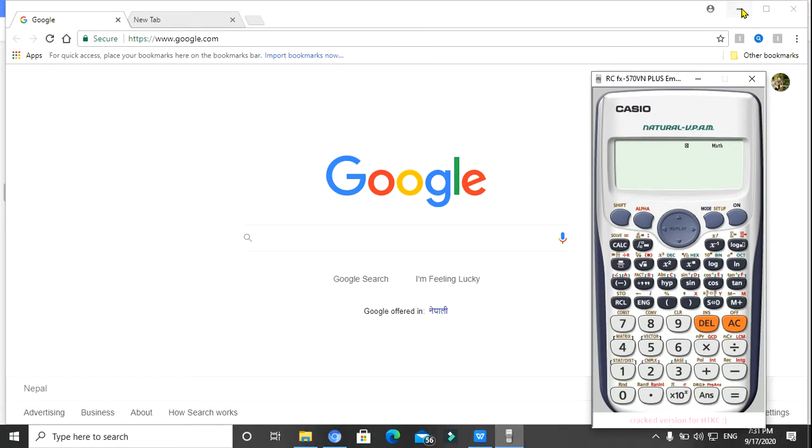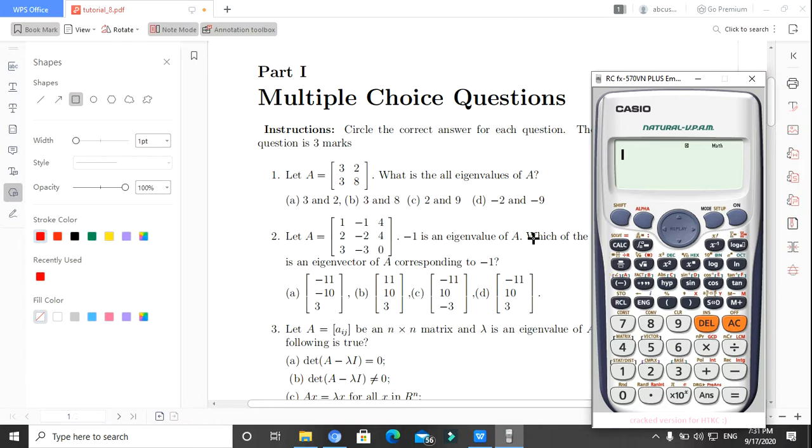Just a moment, let me take the calculator here. First of all, I am just going to multiply this matrix A with all these options separately. Let me take the first option, and I am going to multiply this matrix A with this first option. First of all, we have to store this matrix A and option A. We have to go to the mode, and here in number 6 is the matrix mode. Let me take the name matrix A, and this matrix A is a 3 by 3 size matrix.